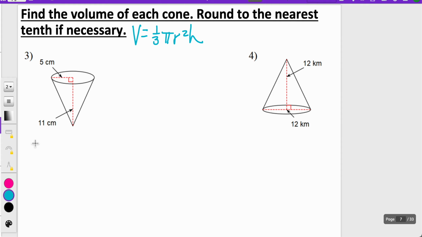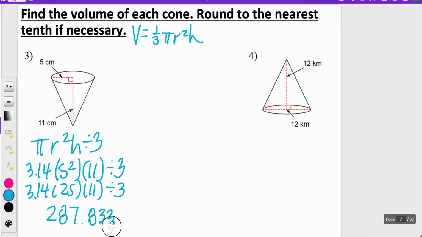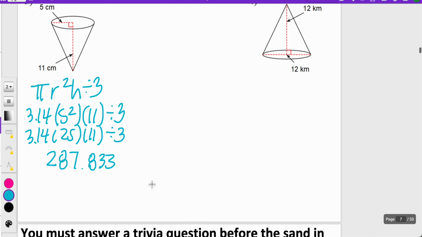All right, now that we've had a chance to try number 3, let's see how we did. I'm going to do pi times radius squared times height and then divide by 3. So 3.14 times 5 squared times my height of 11 and then divide by 3. Noticing that 5 squared is 25. So let's just work this out from left to right since I'm just multiplying. 3.14 times 25 times 11 is 863.5. Then dividing by 3, I'm getting 287.8333. That's a weird looking 3. So rounded to the nearest tenth, we'll just keep it as